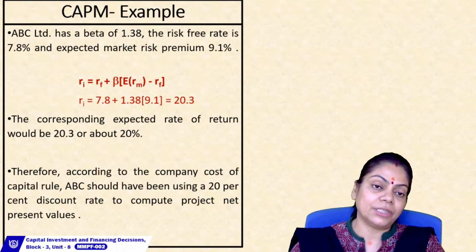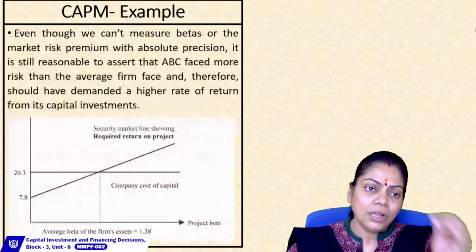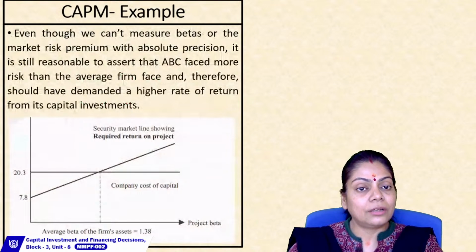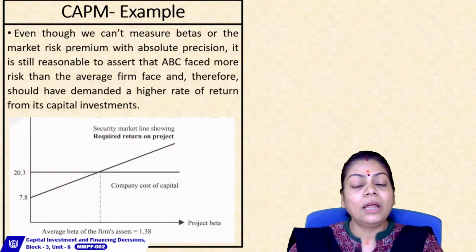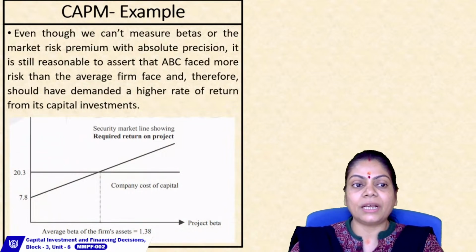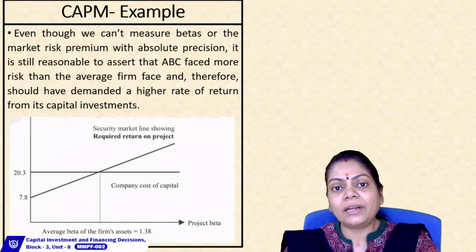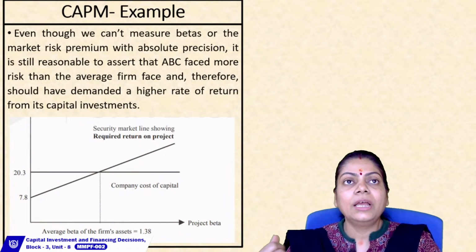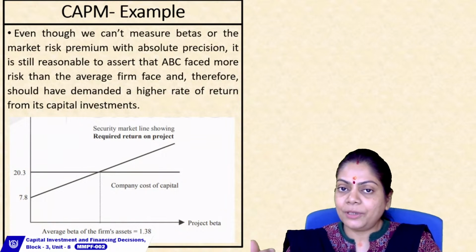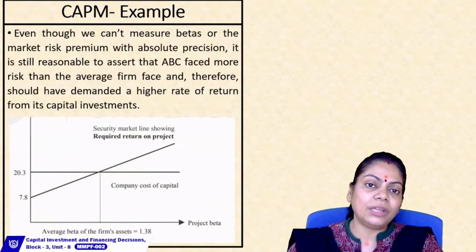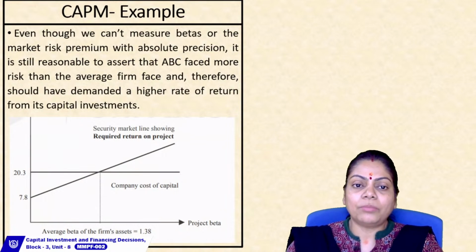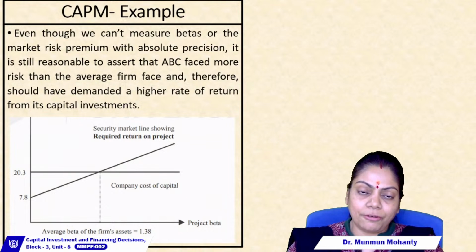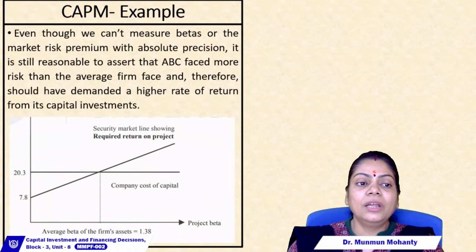technique for project appraisal. Now the point is, even the betas are not directly observable, and it is also not very easy to measure the betas, because the market risk premium cannot be known with certainty. The RI is fluctuating and the RM is also fluctuating. So we can do a regression analysis of these two and we can reach a consensus beta. However, even if they are fluctuating and not very directly measurable, it is still quite reasonable to assert that the ABC